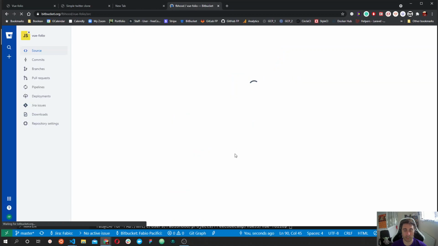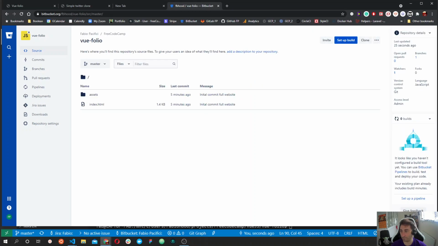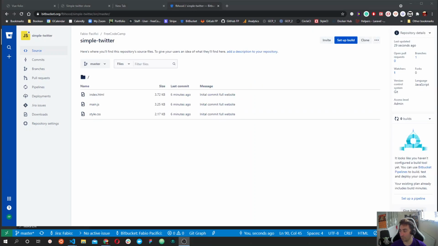Okay, so behind the scene, I will do the same thing for the simple Twitter clone, and I will be right back in a second. Okay, I've done that also for the simple Twitter project that we have built together. And now the next step is